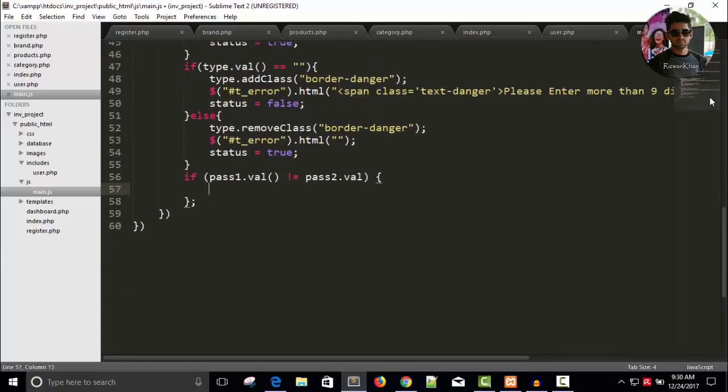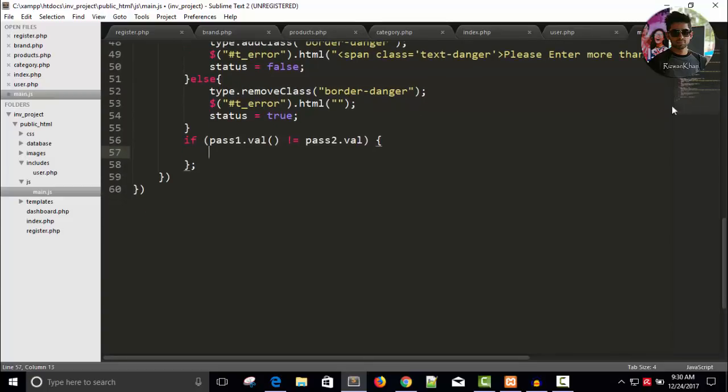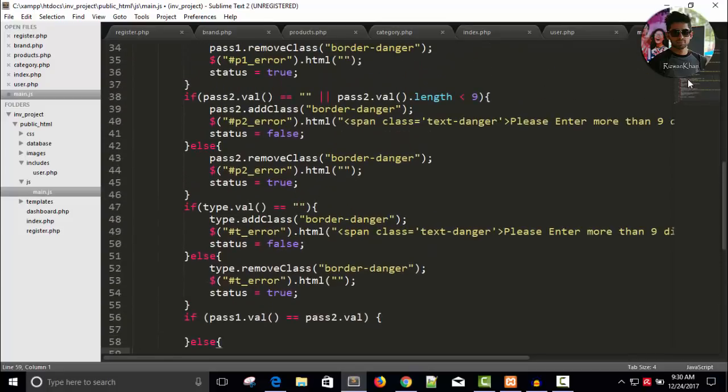Pass1 not equal to pass2. Show error message. Okay, let's put equal. So if pass1 dot value equal to pass2 dot value, and in else part take the